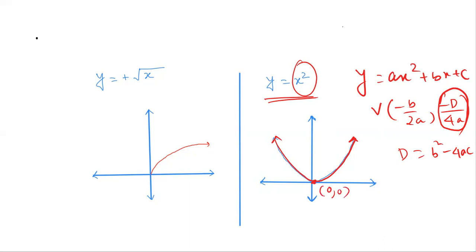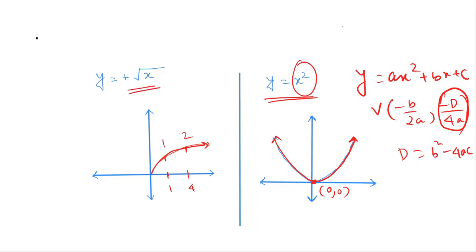And for y equal to square root of x, the graph will become like this. Because if you take 1, it will become 1. For 4, you will get 2. So the graph will not increase exponentially. It will increase slowly. And you will never get the negative part of the graph,